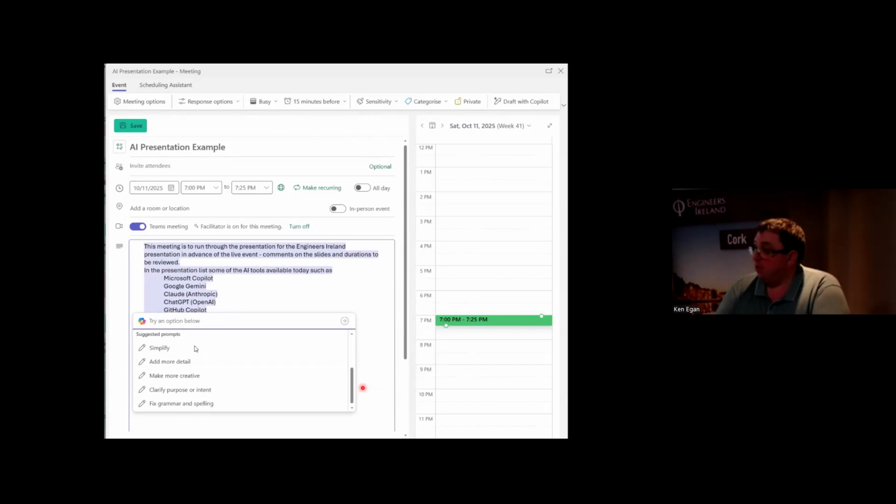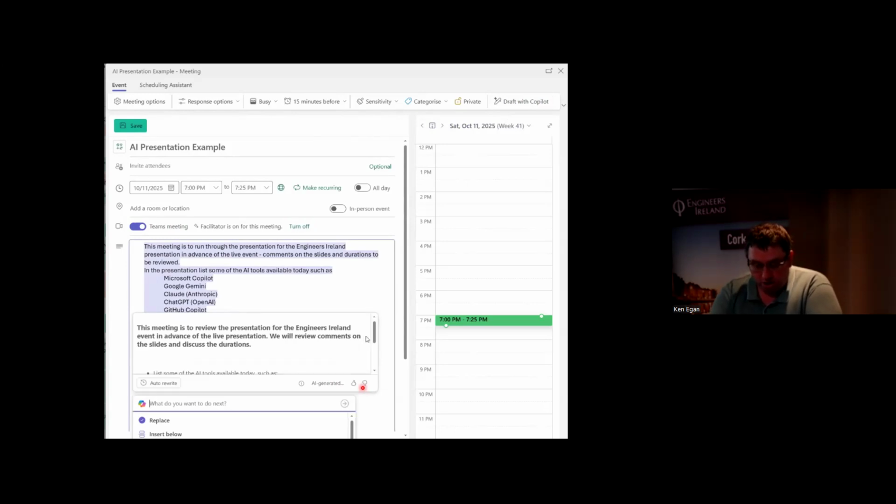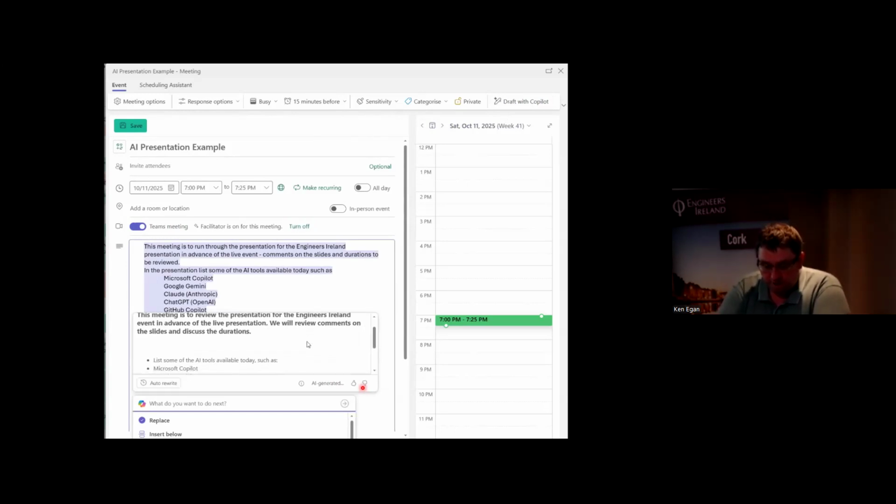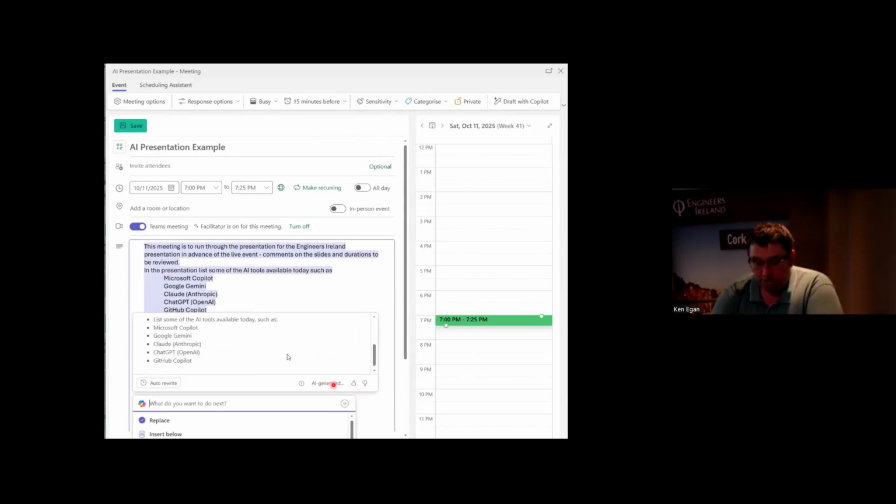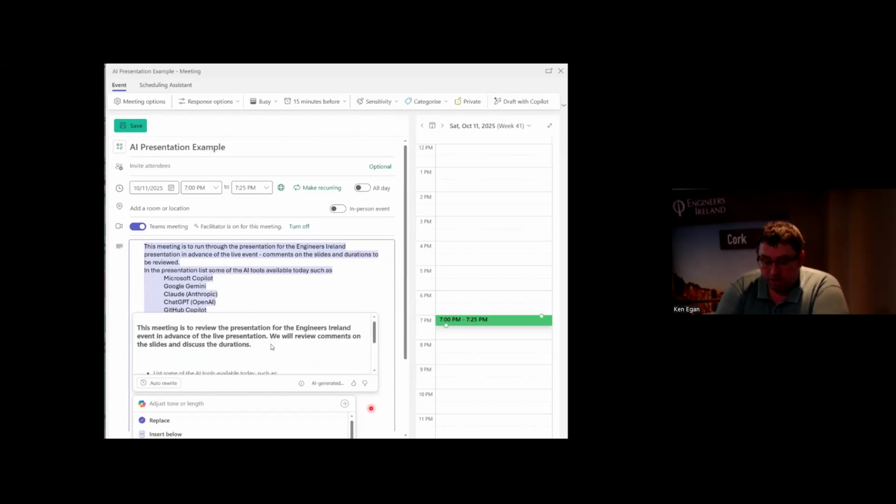This same feature is available on your emails as well. So depending on what you're trying to do, you can do the auto rewrite, and it has pulled that in. You can do the AI generated part of it. You can go through, you can do replace, you can give it feedback if you need to. Further down, I can select another option to make it longer, then do replace.